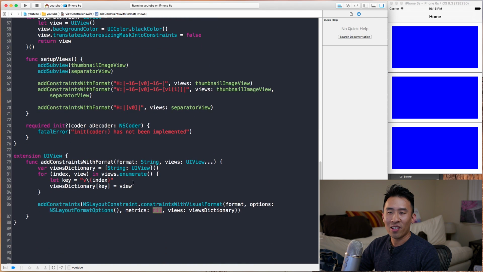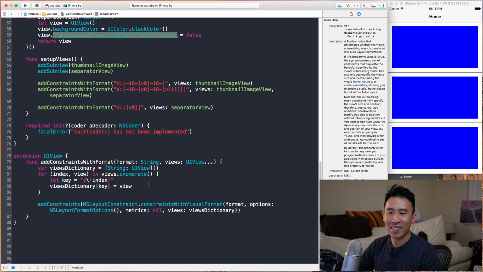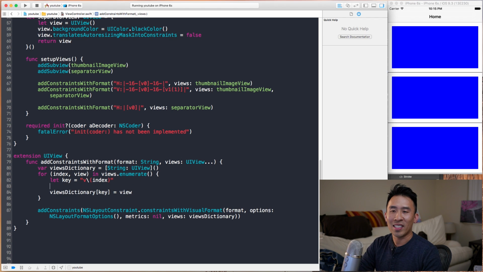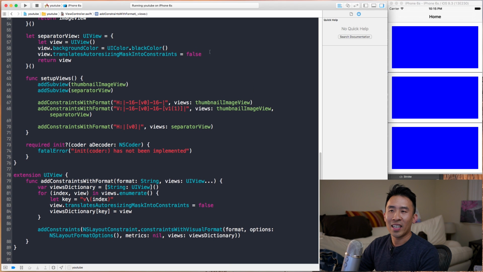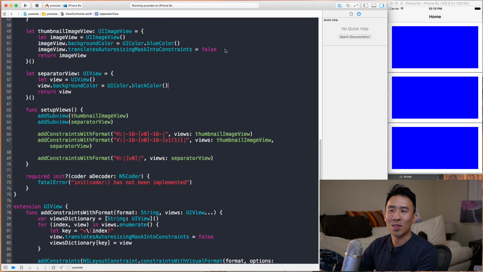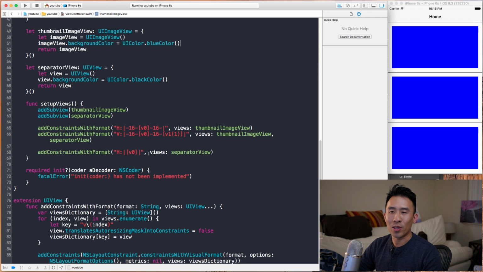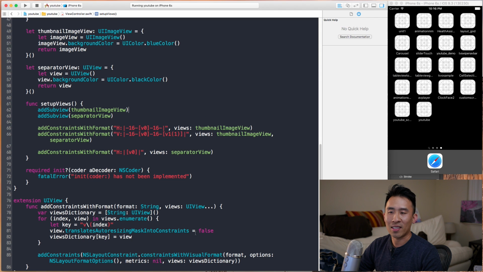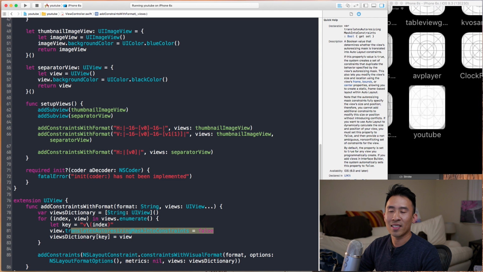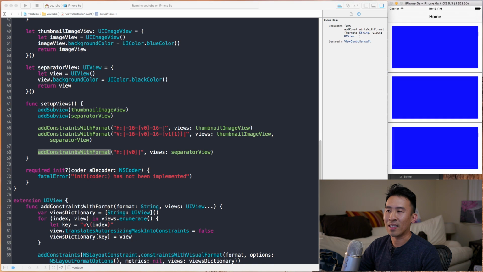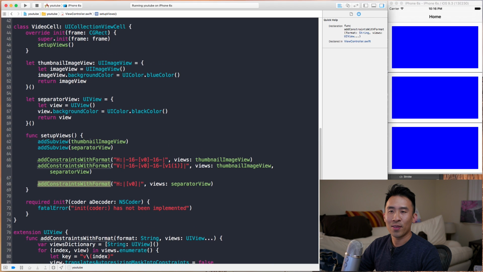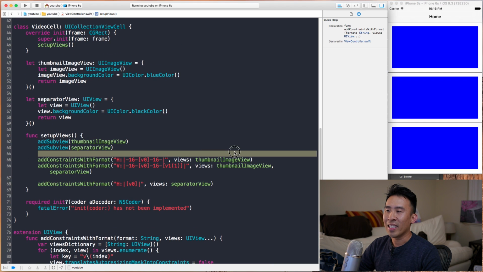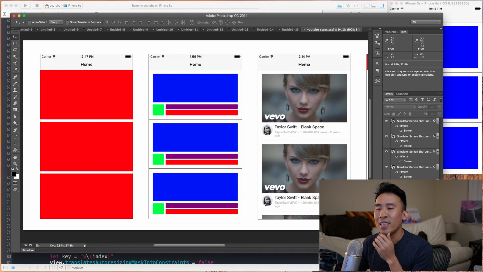Cool. Now, one other thing we can get rid of is this translates AutoResizing Mask bit. And basically, I'm going to say view equals false like that. And then every time I specify this false value, just get rid of it. And it's basically going to be set inside of this function call like this. So a lot of good stuff, eliminated a lot of unnecessary code, and we're now ready to move on to